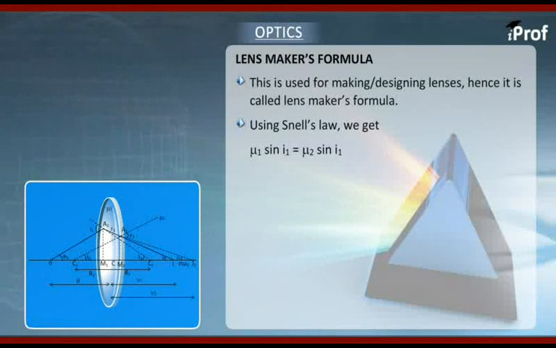Now the important point is we have to replace I1 and R1 in terms of the angles we have marked. We have marked beta 1, beta 2, alpha. Alpha is the angle made by incident